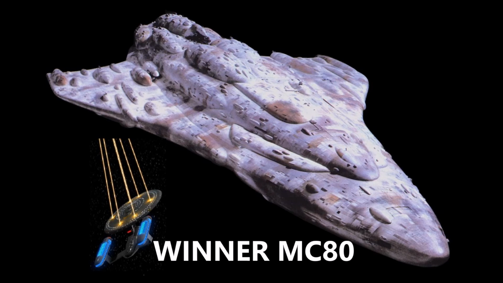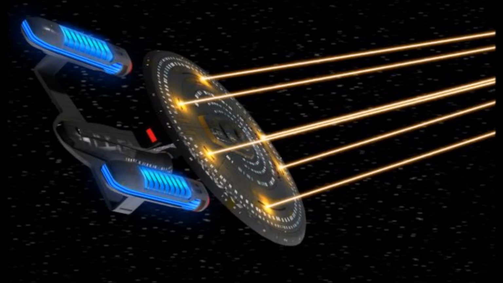Now, I also think that if we were to change the scenario and add the updated version of the Ambassador class starship, it would be a completely different scenario. I think the same kind of tactics would come in, but the Ambassador class starship would stay at a distance with those 68,000 terawatt phasers. It would be able to bring down the Mon Calamari shields,